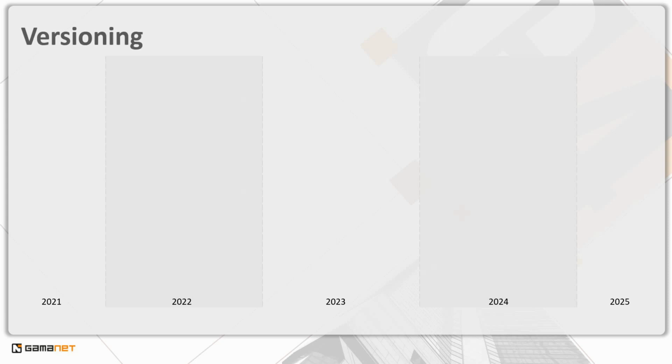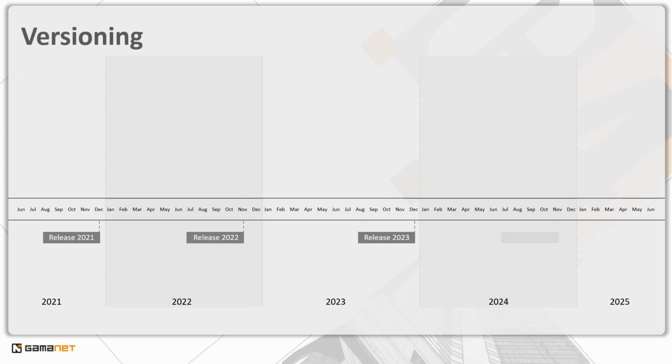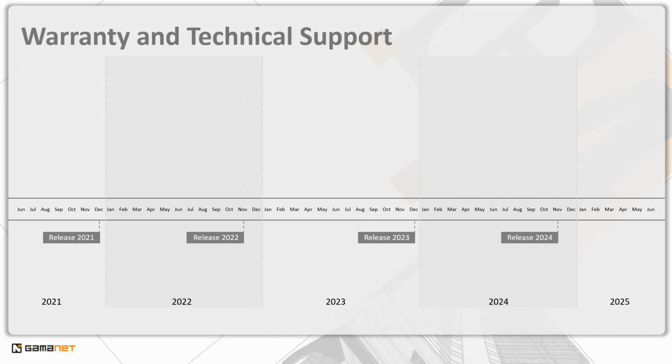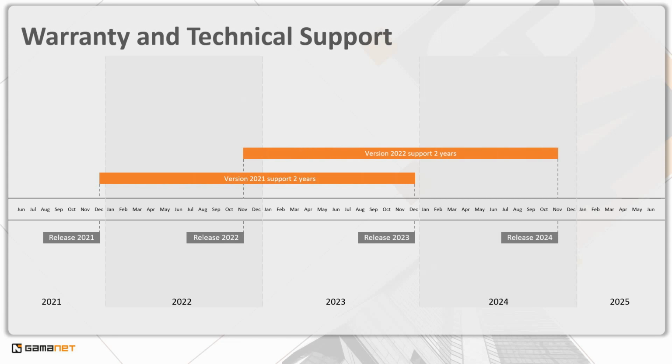A new version of the C4 system is released by Gaminet every year. Technical support for each version is provided for a period of 2 years. During this period, we supply free service packs. These fix errors reported by our customers and project partners. In addition, Gaminet provides customers with a 1-year warranty from the date of system installation. A warranty error is defined as a behavior of the C4 system that does not correlate with the user manual, while all the procedures described in the manual have been closely followed.